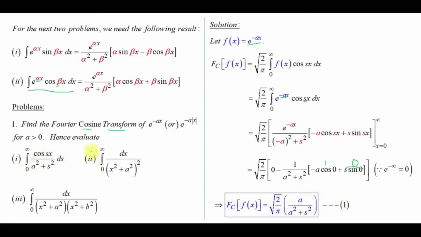Next, first deduction. So 0 to infinity cos sx divided by a square plus s square. So note the denominator is a square plus s square. Here also a square plus s square. So both are similar. That is, this deduction is similar to the Fourier cosine transform of f of x. Therefore, we have to apply the inversion formula. So for the first deduction we have to apply the inversion formula because this term is similar to this term.